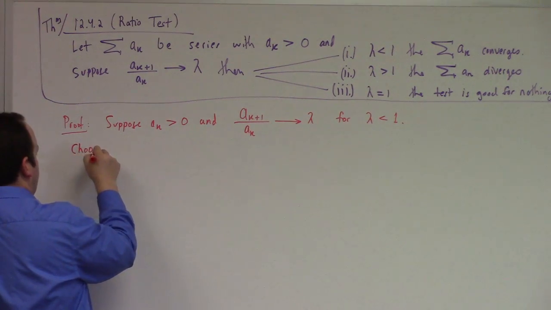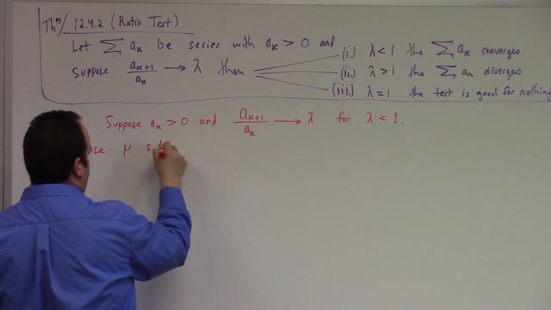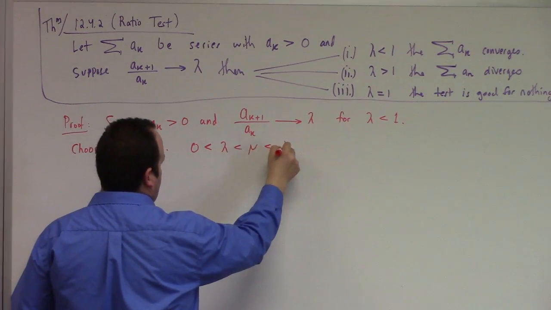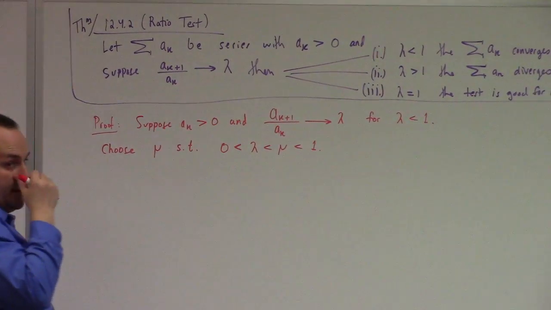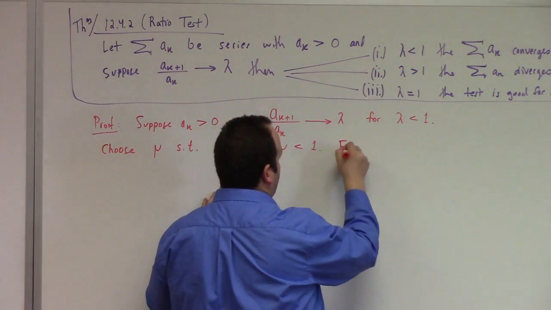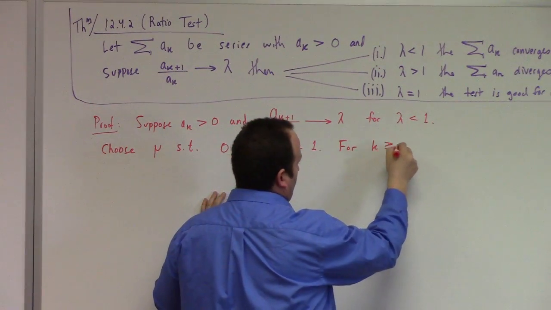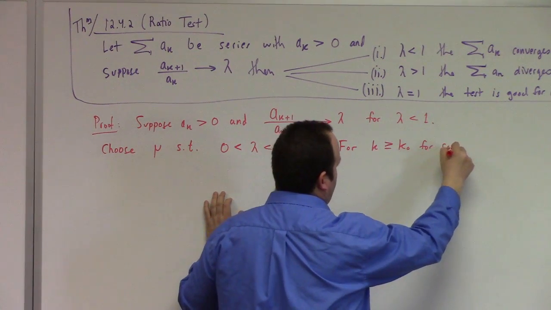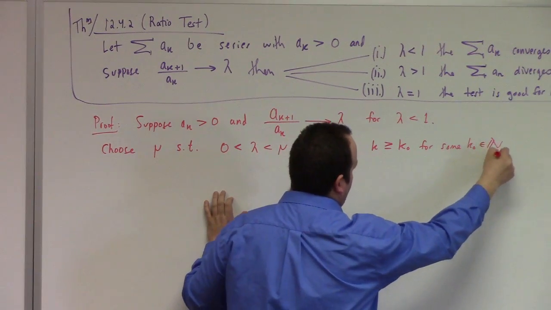We can choose mu such that 0 is less than lambda is less than mu is less than 1. So you can pick something between lambda and 1 again, right? And since the quotient a sub k plus 1 over a sub k is tending to lambda, by essentially the same picture as I was showing you over here, we can again choose k sufficiently large such that, let's say for k greater than or equal to k naught, for some k naught in the natural numbers, we have